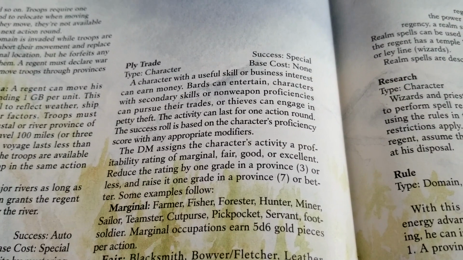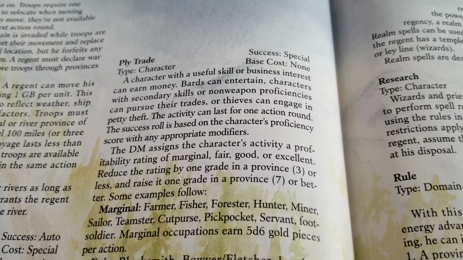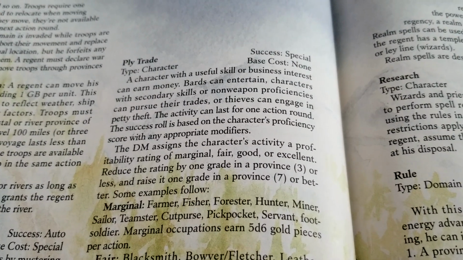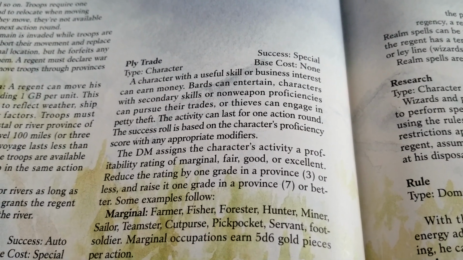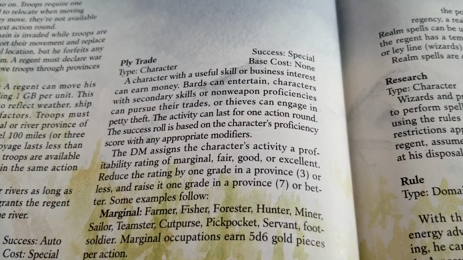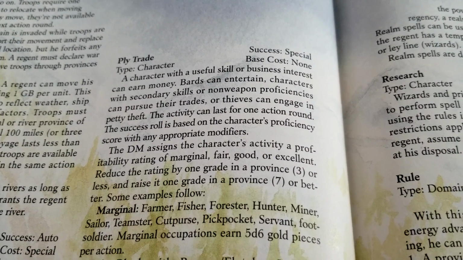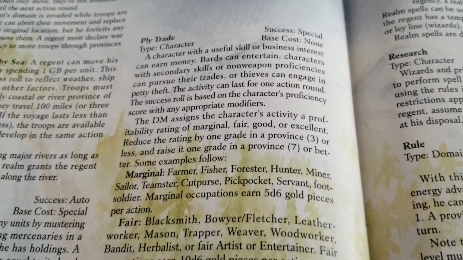But each of your characters does have skills, and so your rulers would have these skills too. So a character with a useful skill or business interest can earn money. Bards can entertain. Characters with secondary skills or non-weapon proficiencies can pursue their trades. Thieves can engage in petty theft. The activity can last for an action round. Success roll is based on the character's proficiency score with any appropriate modifiers, so just keep that in mind for